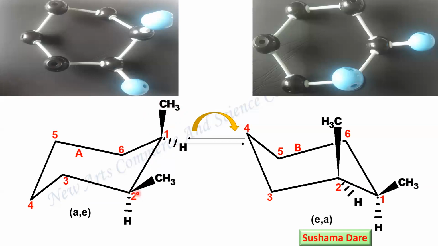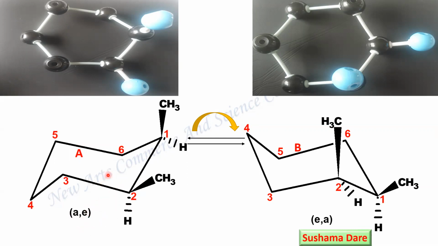Now in this case what happens? For this carbon number 2, which are the two groups? This is one equatorial group and this is another axial group. But the bond which is going in the upper direction is now equatorial, so the methyl group we have to place at the equatorial position. So what do we write here? It is AE. First of all, write A for the axial methyl group, and then this methyl group is equatorial, so write E. So we call this an AE conformer.